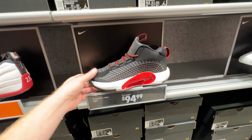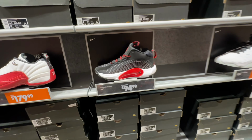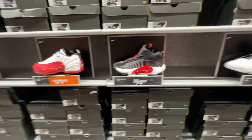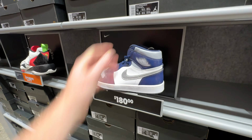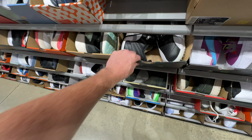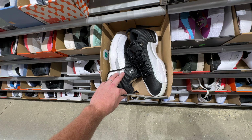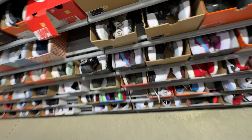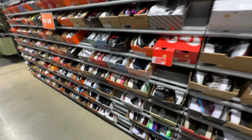They do have these Jordan Jumpman 2021s, which look a lot like the most recent Jordan, the 37? I'm not sure. And then they've also got a version of the Code.jp, the golf ones, which is cool, full retail though. They do have these Golf 12s for $179 plus 20% off, which is not bad. That's just something to consider. I don't know if I need to buy them, but they got them. They'll probably be there for a while, so I could probably leave them, come back next time and grab them,